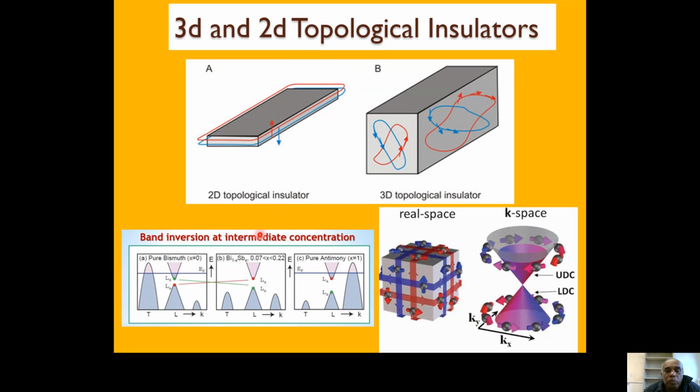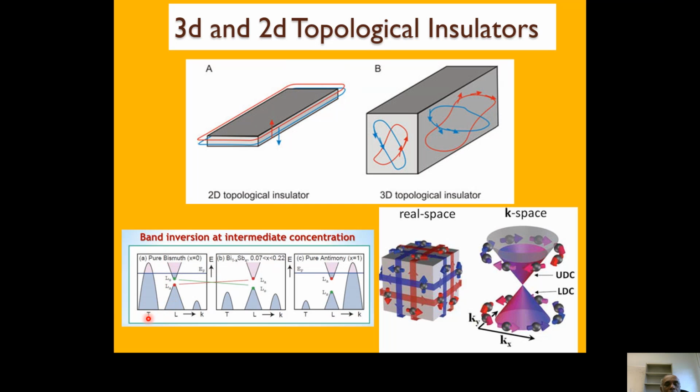So if you look at typical bismuth antimonide, if you take the situation going from, so this is all bismuth, no antimony. This is all antimony, no bismuth. So this is some composition in between, like bismuth to antimony, where you have antimony at like 0.2. So then you can see if you go from here.